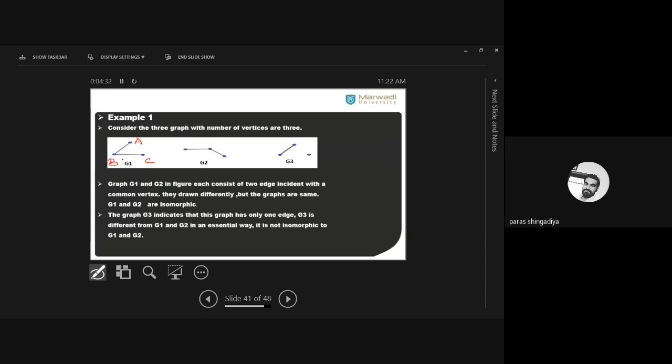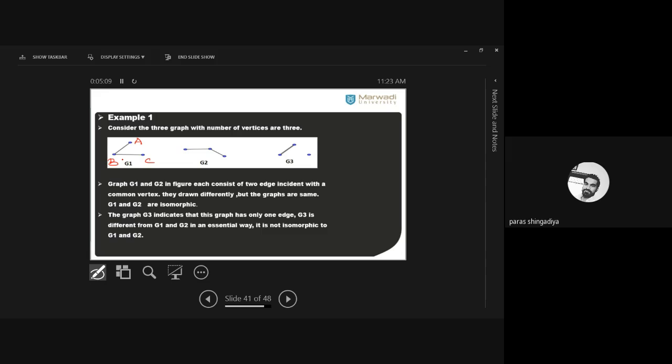Let's start with A. How can we check the image of A in the second graph? How can we consider any vertex as the image of A? For that, consider the degree of A. The degree of A is equal to 1. Find such a vertex in the second graph whose degree is 1. And then use the second condition. What is the second condition? Here A is adjacent to B, and B has degree 2 in the first graph. A is adjacent to one vertex, that is B, and B has degree 2. Clear?